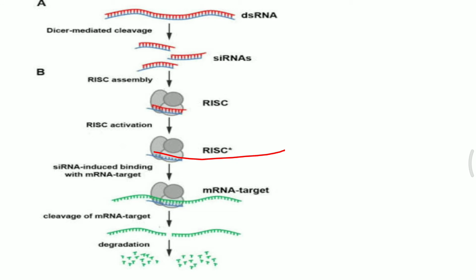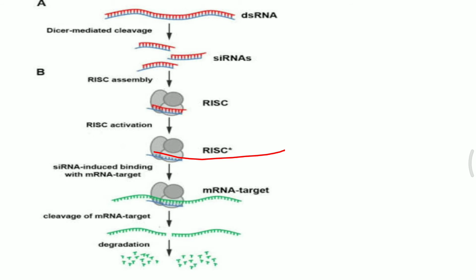Again, translation will not take place in this kind of structure, and hence we can expect that the gene will not be functional because the protein is not formed anymore, so translation will be stopped. So by two ways, one by degradation of the mRNA, and second by formation of a hairpin loop structure, gene silencing can take place, and as soon as the gene is silenced, we cannot expect translation to occur, so no protein formation will be there.